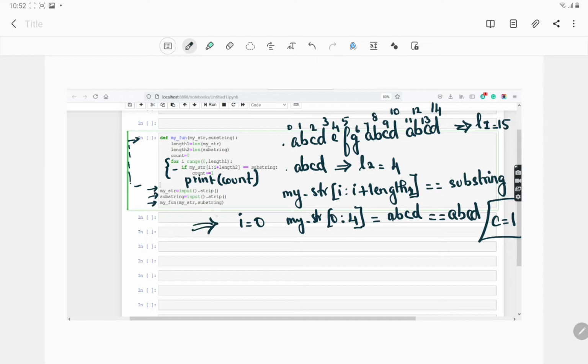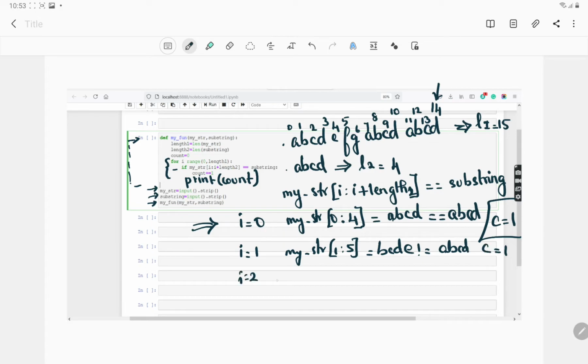This continues till I goes to 14. So next my I value will be equal to 1. So what will be my str, guys? 1 to 5, right? B, C, D, E, which is not equal to A, B, C, D. So count will remain 1.